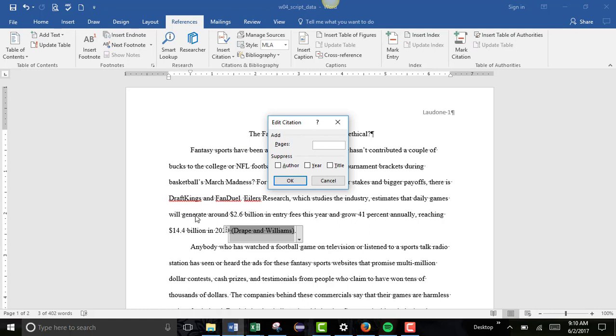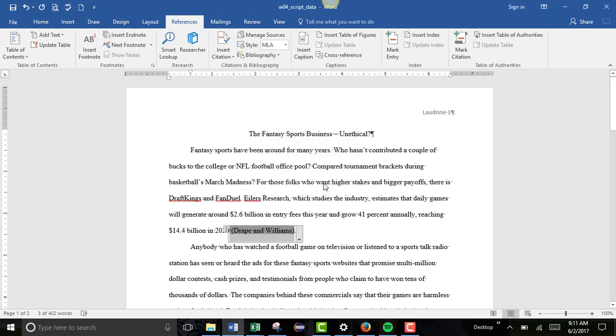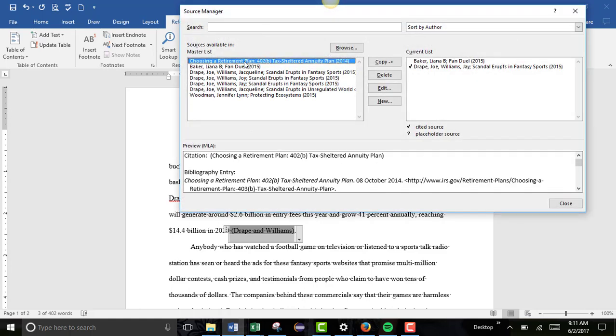So this is obviously a website so there aren't pages necessarily, but for a book you might have pages here. Okay, so I'm going to hit cancel. Now, if I realize I made a mistake and I wanted to be able to edit this source, I'm going to show you that if we go up to Manage Sources here, you'll see that I have quite a few master list sources, and what this basically means is these are ones that were typed in for all of my